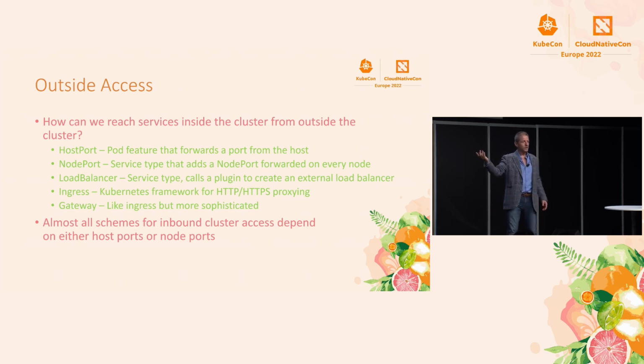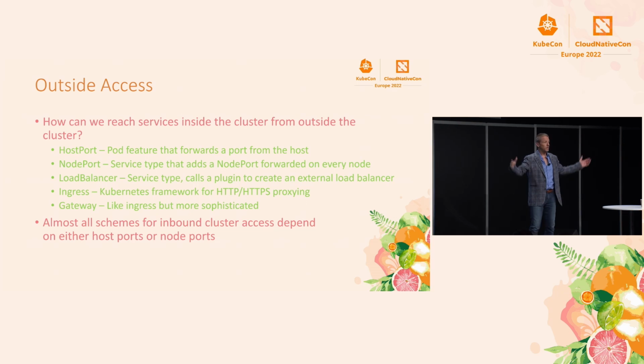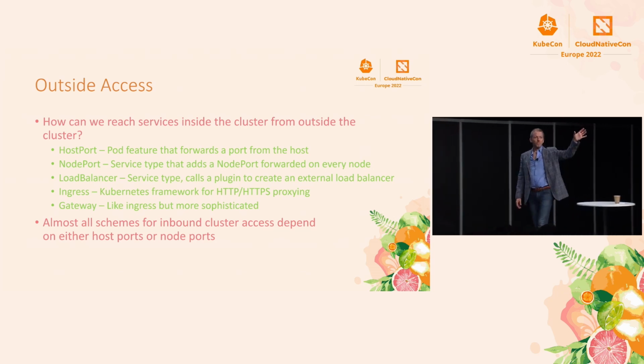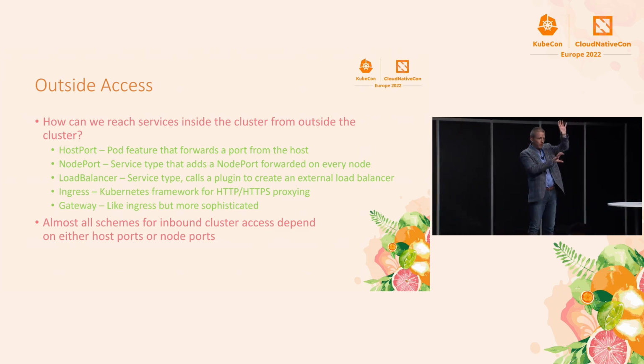And every single host computer will now take traffic on that port and forward it to your service. So if you set up, for example, a load balancer in front of all the nodes in your cluster and direct traffic to that port, you will be reaching your service. And that's exactly what a load balancer service does. So the inheritance hierarchy continues. Cluster IP, node port, load balancer. The load balancer is the most derived, right? It is a node port, and it is a cluster IP.